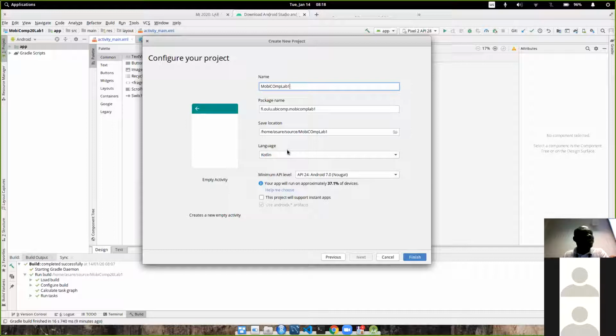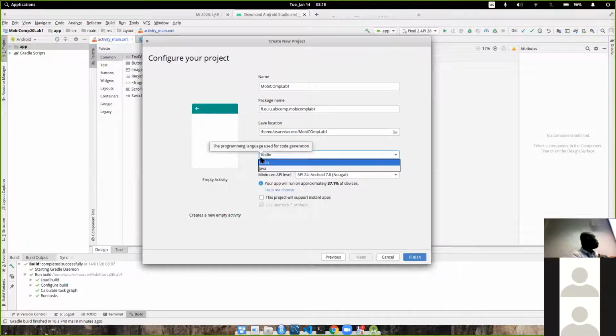And then the language, the development language, you can choose between Java and Kotlin, but for this lab session, we're using Kotlin, so I'll maintain the language here as Kotlin, and then minimum API level. So I guess when we go further in this course, we will talk more about it. But in brief,